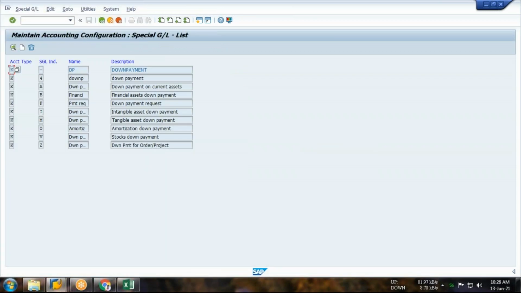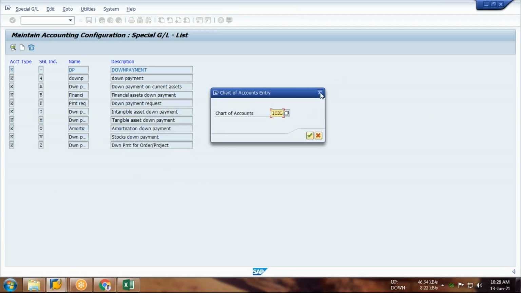Okay, so here you have to select a special GL indicator, that will be A. Guys, please remember, for down payment we have to select the special GL indicator called A. This is for the vendor current asset, I mean vendor for the stock. And also if you are vendor for the asset, so that will be the B. So there are so many special GL indicators. Okay, so here you have to select the A, down payment on current assets.